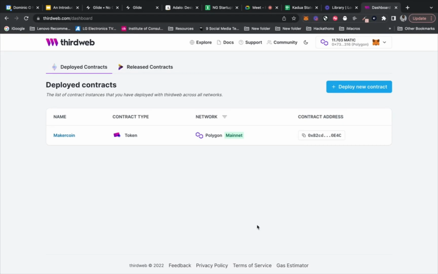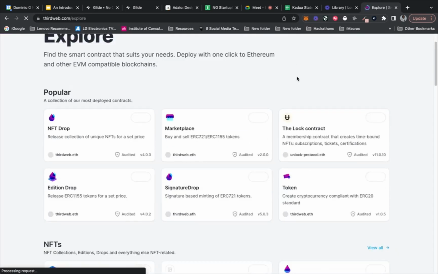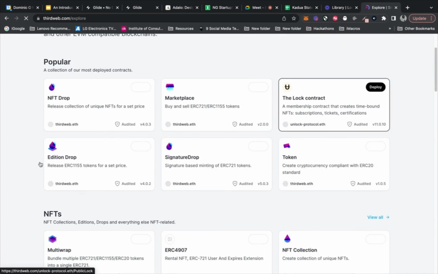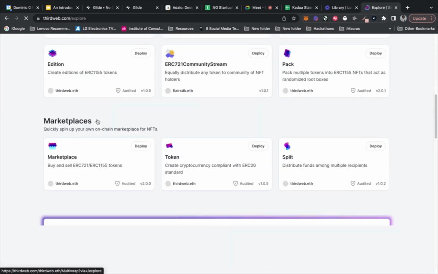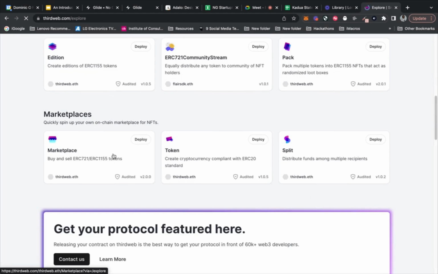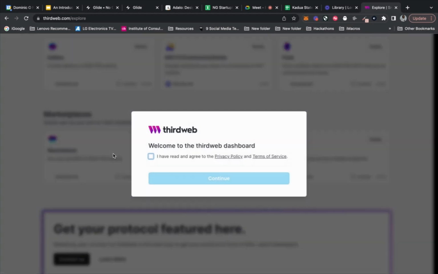Sorry, my laptop's about to die. So, a really fun project, really effective way to do this. If I was to click deploy a new contract, I'll show you. I'm not going to go through the whole thing. You can create tokens, editions, NFTs, different types of NFTs. You can create a marketplace. There's other tools within the Web3 ecosystem where you can create NFT marketplaces and mint sites. That would be a whole other workshop, but it's definitely possible.